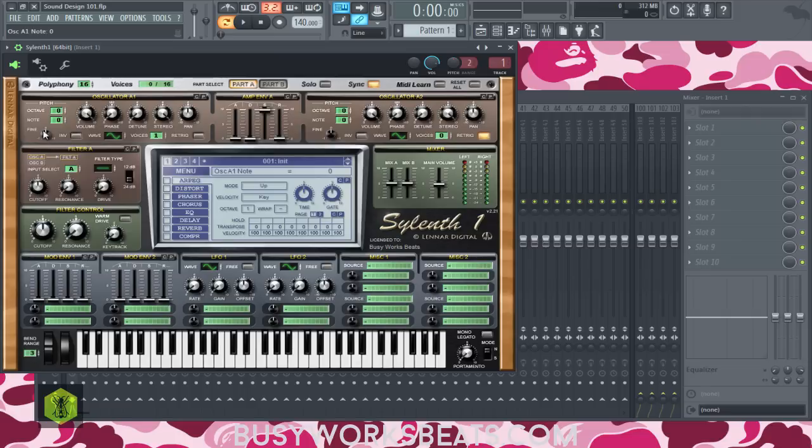Now the next knob here is called fine tune. Fine tune allows you to basically go up to 100 cents in pitch. So again, pitch kind of delves into, in the overview of it, we have semitones. Okay, so you have a semitone. The semitone divides into what's called cents. So for every semitone, there's 100 cents. So there are 12 semitones in one octave, and there are 1200 cents in an octave.